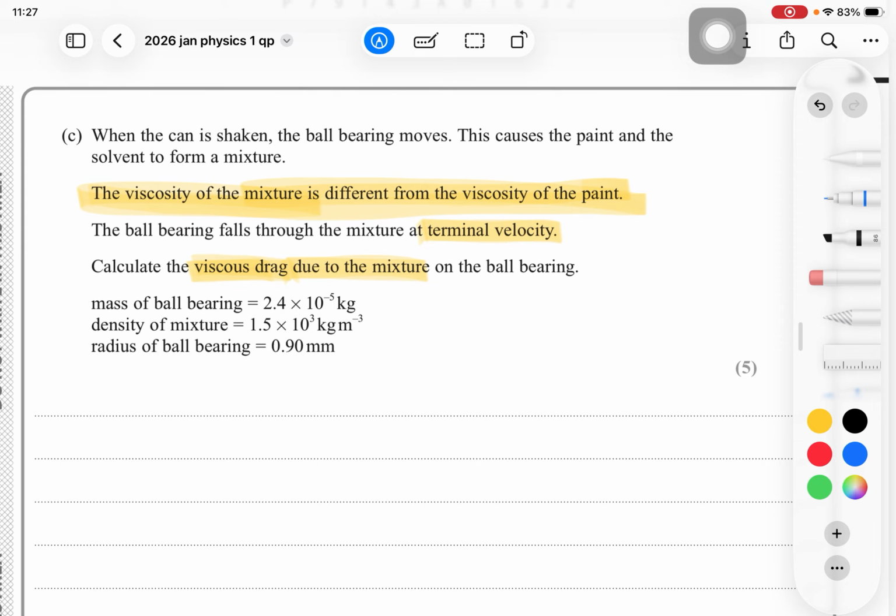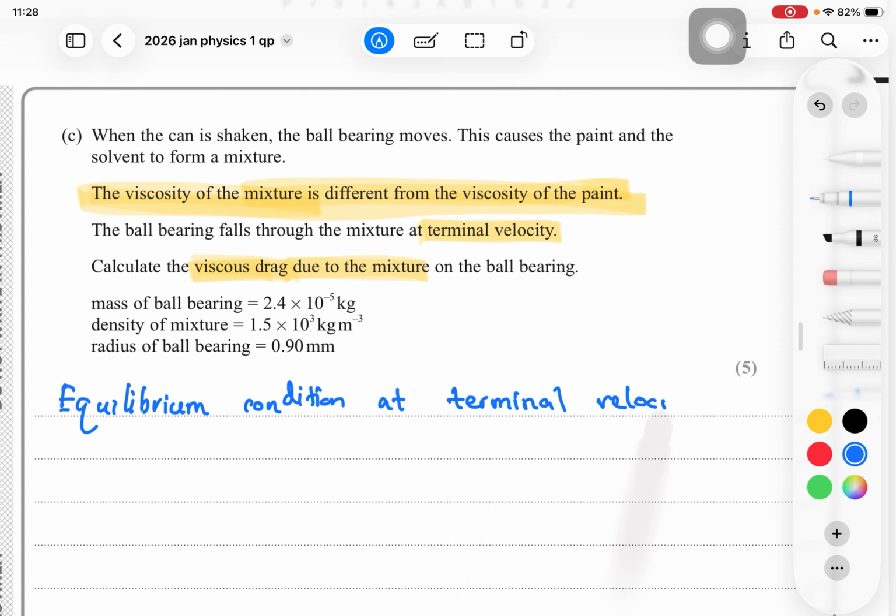So we know, since they are telling us that it is at terminal velocity, what we have to get is that it has to be balanced. So all the forces have to be balanced. So if we consider the equilibrium condition at terminal velocity,